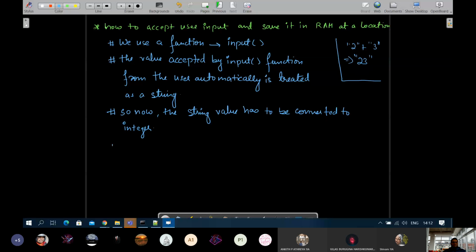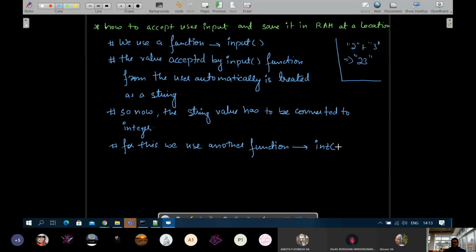For this, we use another function that is known as int.